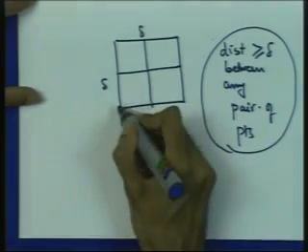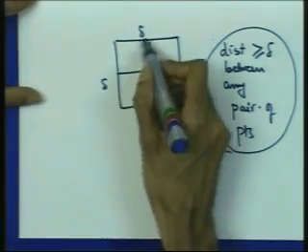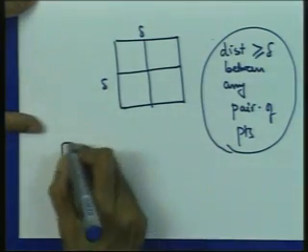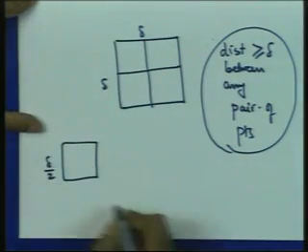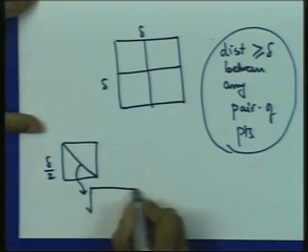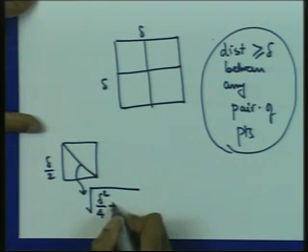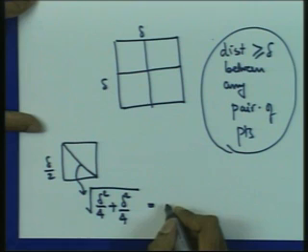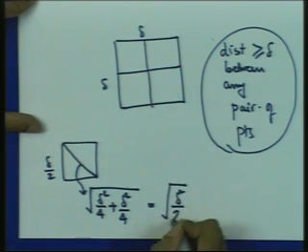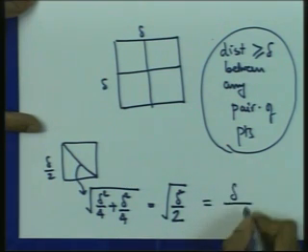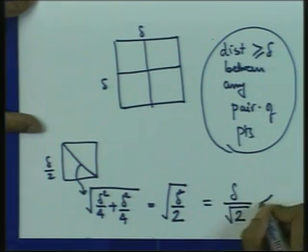Well, what is the maximum distance inside the small square? Well, this small square has side length delta by 2. Okay, the maximum distance is along the diagonal, which is square root of delta squared by 4 plus delta squared by 4. Okay. So this is square root of delta squared by 2, right? It's just twice this, which is nothing but delta by square root 2, which is strictly less than delta,